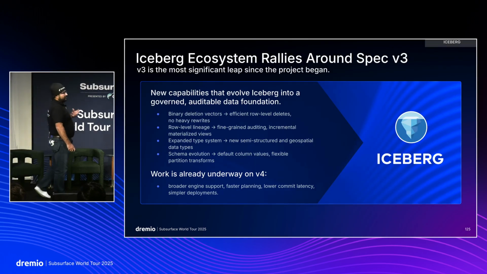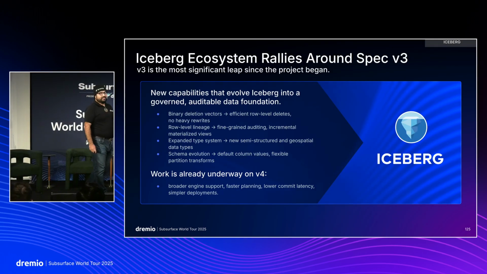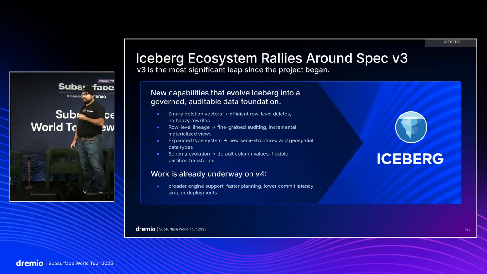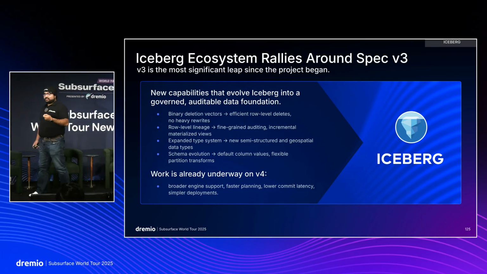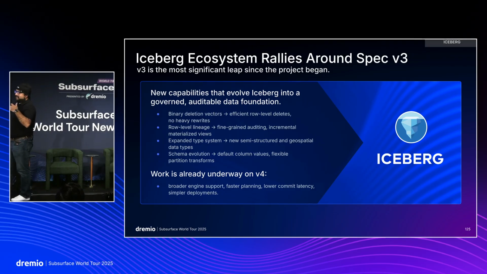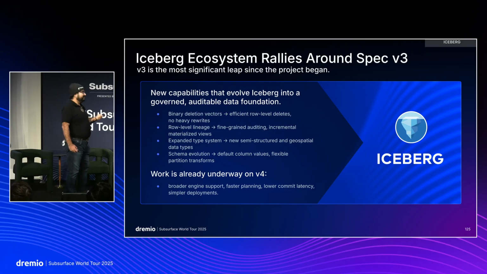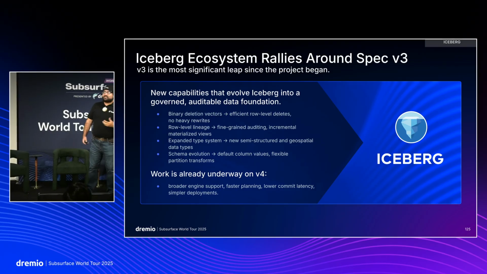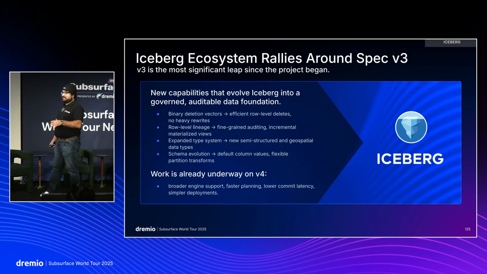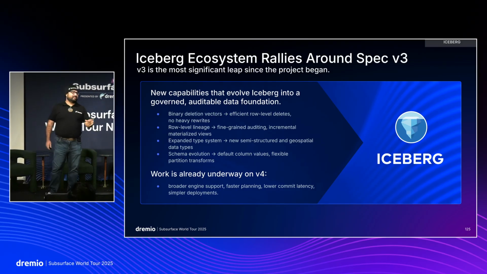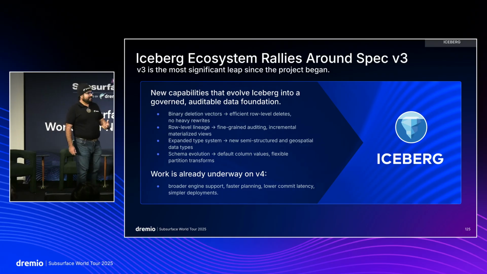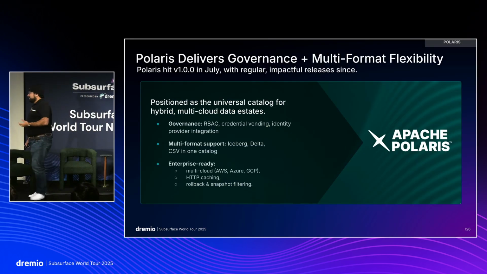You have Iceberg, which this year codified the V3 of the spec, which brought a lot of really cool innovations, whether it's default column values, binary deletion vectors that are going to make updates much faster and simpler and efficient, or new data types like variant and geospatial types. And there's already discussions about what's going on in V4. Anyone who joined me in that presentation earlier where I talked about V3 and V4 got to hear about a lot of the stuff that is coming, that has come, and the exciting future that Iceberg has.